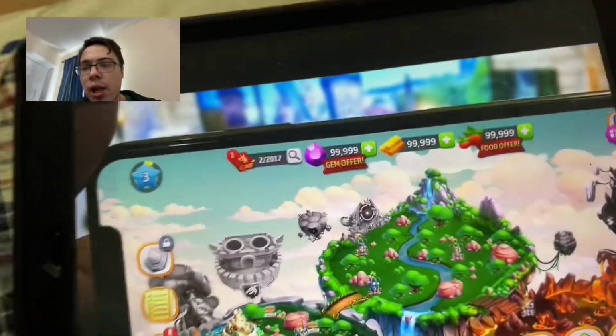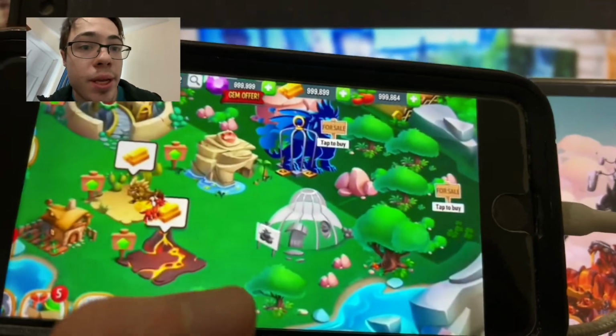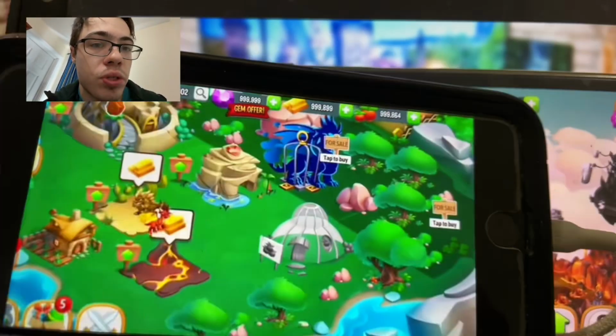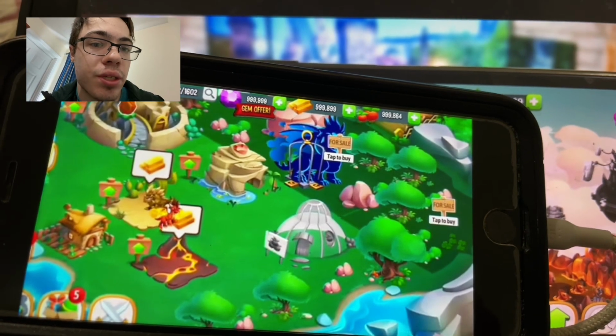Are you a Dragon City lover? Well, today I'm going to show you how to get Dragon City Mod on iOS and Android with unlimited resources, as you can see right there. So let's get straight into the video, and I'm going to show you guys how to download this onto your